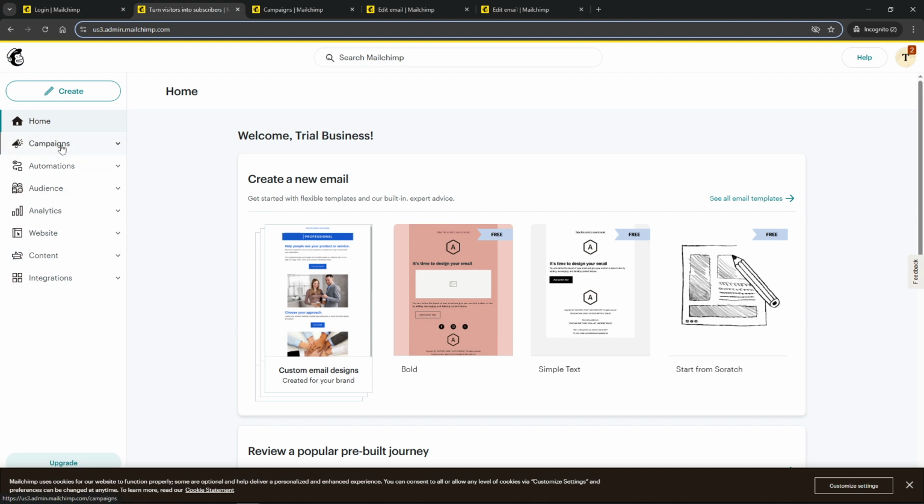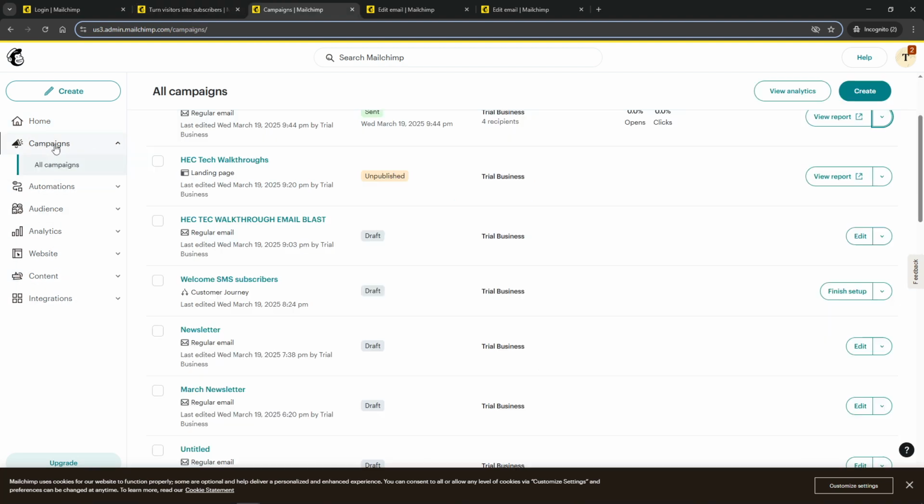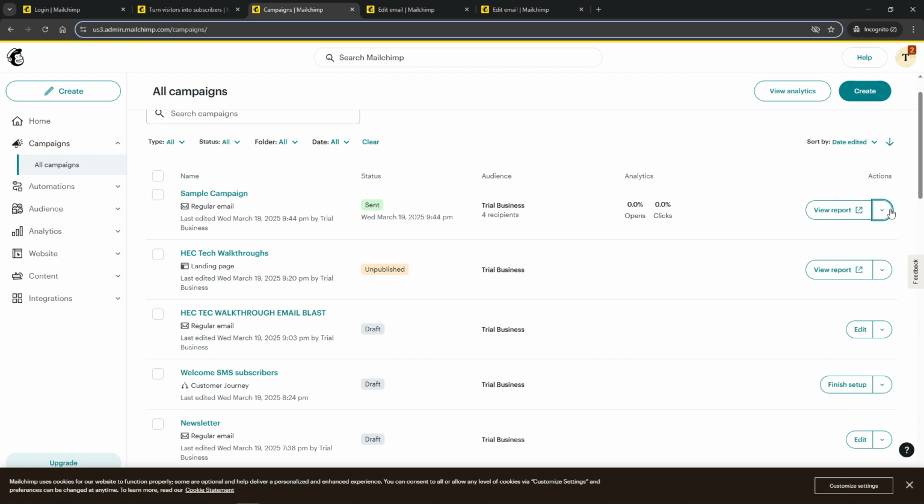Now it's time to locate the specific campaign you wish to resend. Once you've found it, go ahead and click on the More drop-down arrow next to your chosen campaign. Select Replicate from the drop-down menu that appears. What this does is it essentially creates a copy of your original campaign, allowing you to make any necessary changes